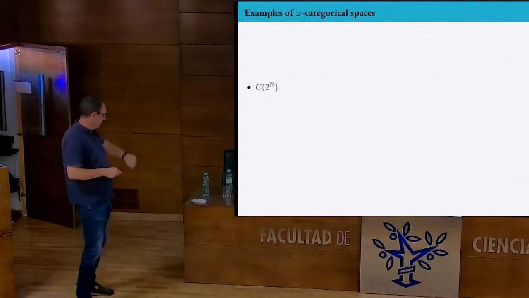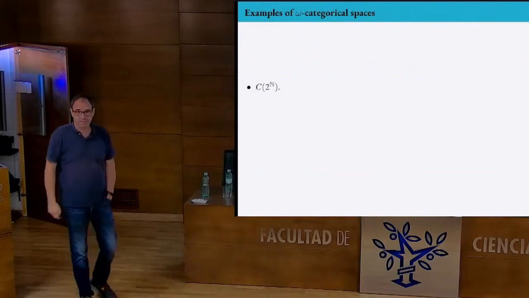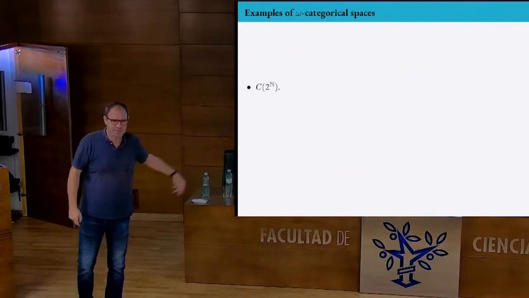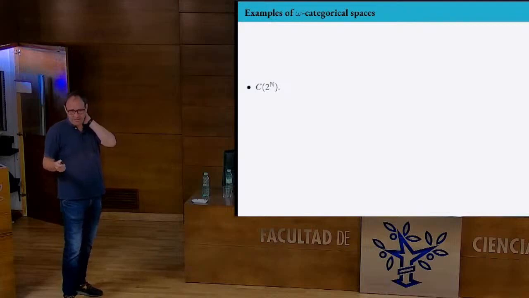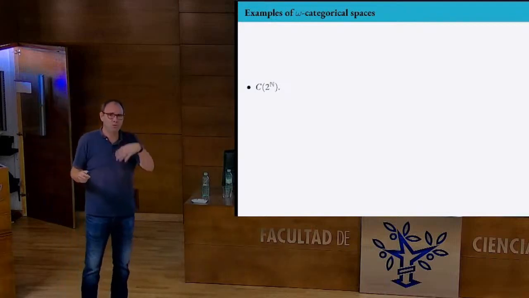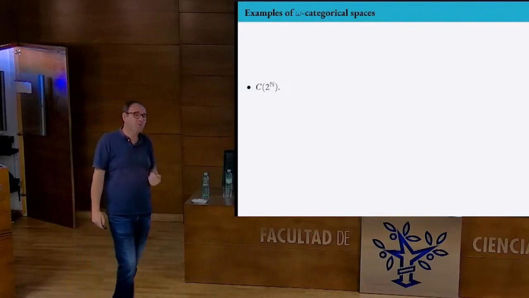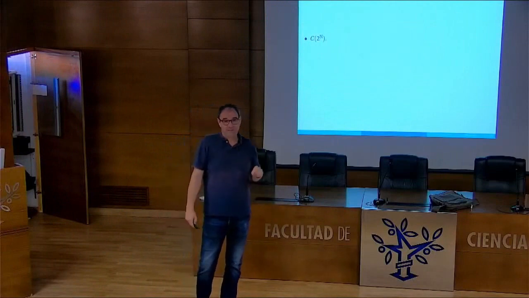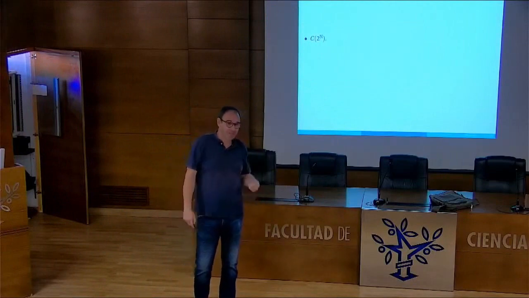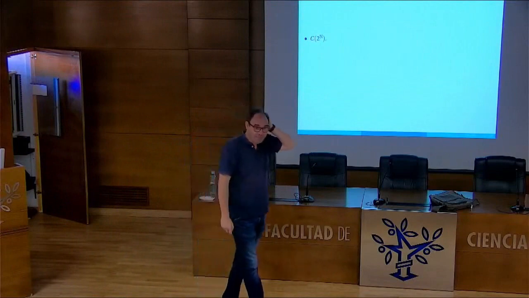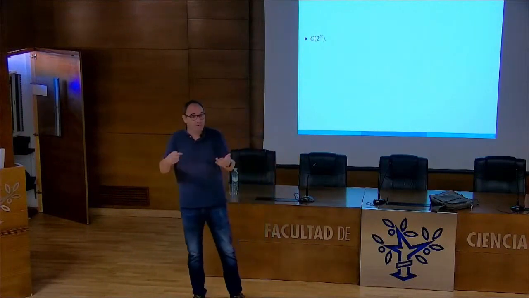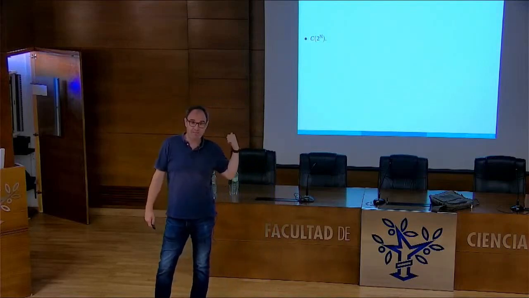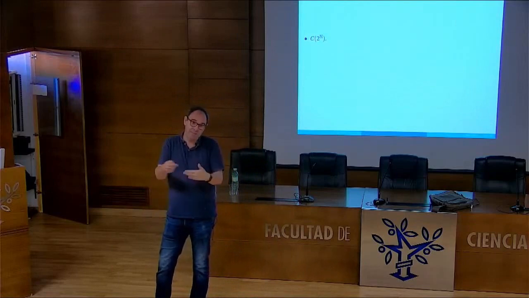Examples. There is C of 2 to the n, not C of 0, 1. C of 0, 1, you will see why in a moment. Remember that we need to understand quotients by isometry. So it is a smart move first to go to spaces where you know what the isometries look like. One of the places is LP, because we have Banach-Lamperti, so we can play with them. Another, of course, before that is Banach-Stone, the isometries of C of K. So you can go there and see if it is compact or not.